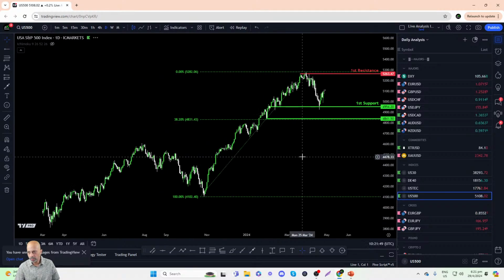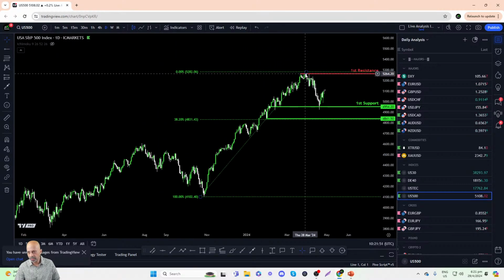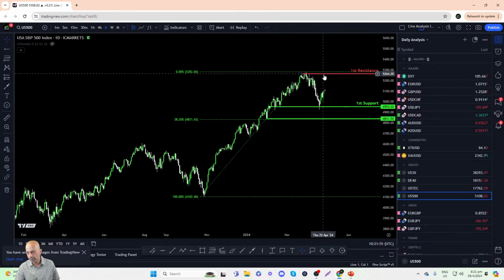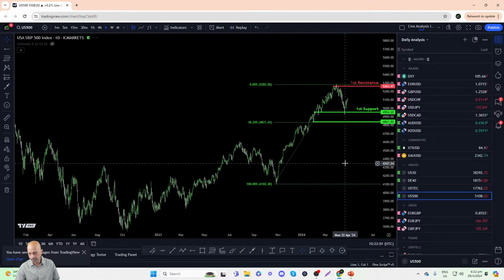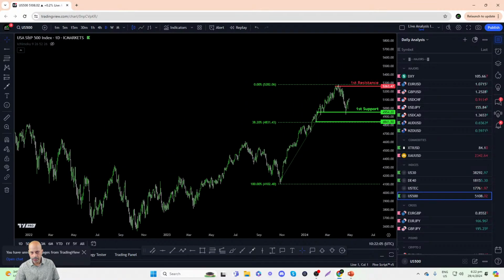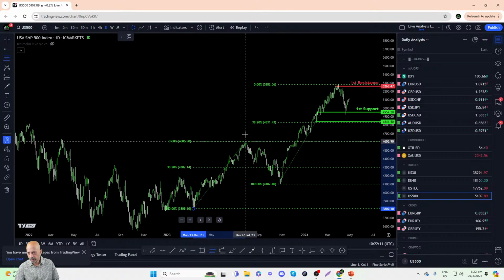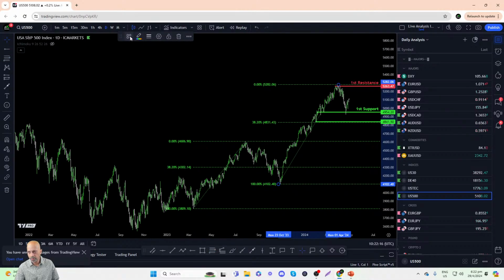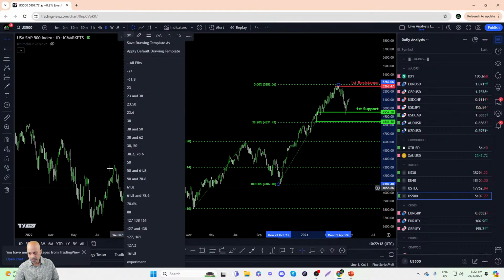Now, what about the next resistance level? Let's say we see a very strong rebound in equity markets over the next couple of weeks, and we see US 500 break above the all-time high. Where could we identify the next resistance? We can try and use a Fibonacci projection. Let's start the projection from here, 13th of March to July 2023 to here. Let's see, or maybe, wait, hang on.